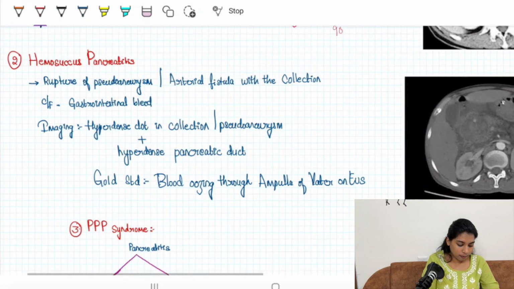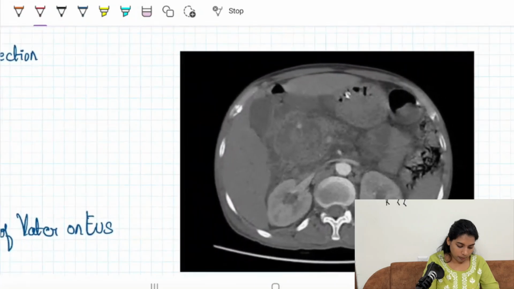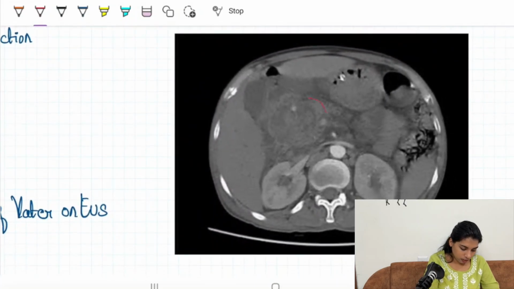Hemosuccus pancreatitis, first we look at an example here. We can see that there is a collection. You can see that there is a pseudoaneurysm because it is typically round, it is very tiny. However, you can see there are multiple areas which are hyperdense. So, whenever you're seeing such a collection where you're seeing an aneurysm, where you're seeing hyperdense clots within, if you